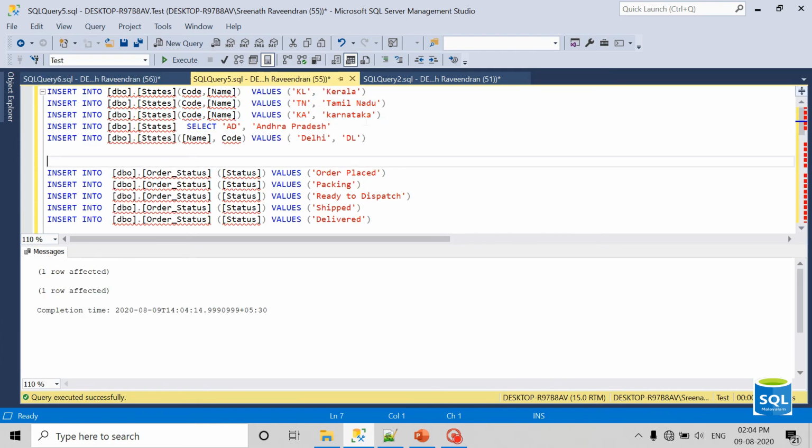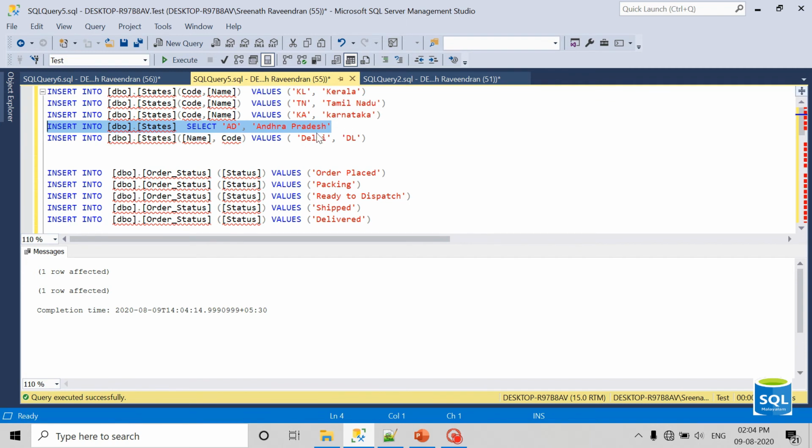Now the standard way of inserting, or the syntax, is INSERT INTO the table, and then we need to specify the column names. Sometimes we don't need to specify the column names. If you are just inserting for testing purposes, and you are lazy to write the entire column names, then you can follow this syntax, but it is not the standard way.